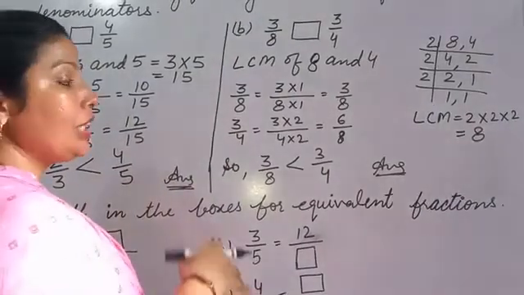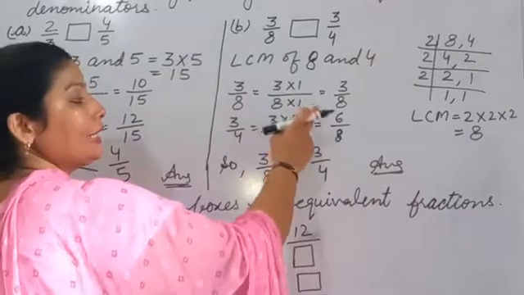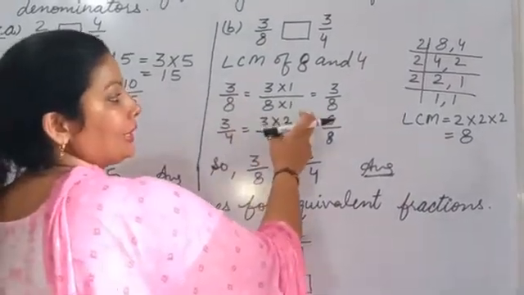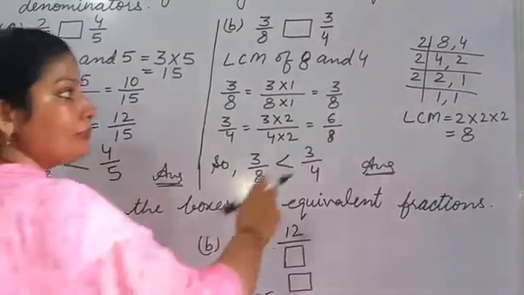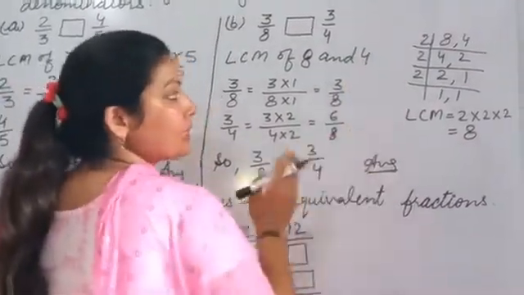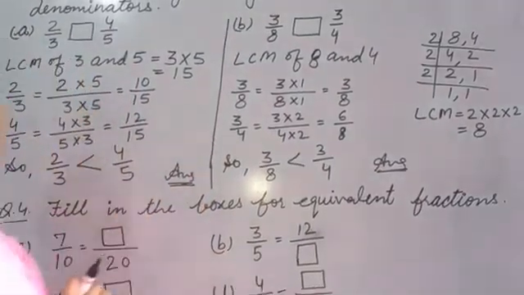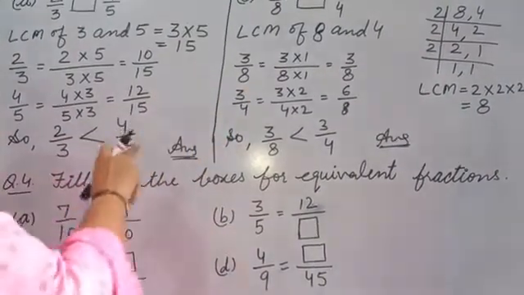है. वो चाहे हम असेंडिंग डिसेंडिंग करें तब भी हमें जो रियल फ्रैक्शंस है वो ही राइट करने हैं। ये सिर्फ हम जो लाइक में चेंज करते हैं, जो इक्विवेलेंट बनाते हैं इनके, दैट इज ओनली फॉर कंपेयरिंग, नॉट फॉर राइटिंग। ये सिर्फ हम चेक करने के लिए कि विच इज बिग विच इज स्मॉल, फॉर दैट वी डू ओनली। ओके, नाउ नेक्स्ट इज क्वेश्चन 4. It's C and D part, you will do yourself.